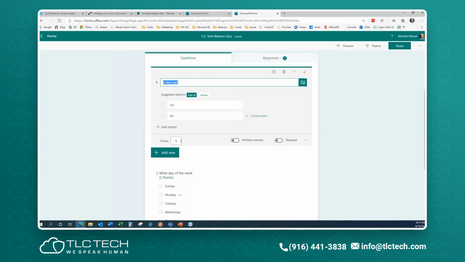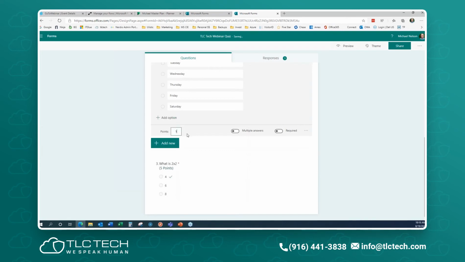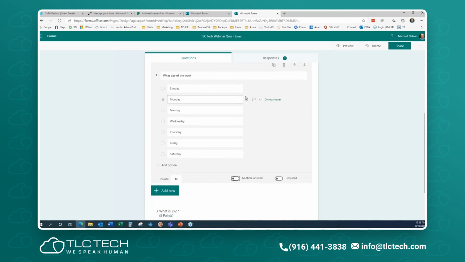So again, when you do this, you have points. You can give it 1 point, 5 points, 10 points, however you want. We'll go ahead and make that 10. You can say it can be multiple answers. And you'll notice here, the other difference is right here, as I'm moving over, I can mark that's a correct answer. Now, if it's only a single answer, you can only have one correct answer. If there's multiple answers that can be correct, then you can do this and you can say any of these 3 would be considered required answers. You can also make it required like the others.